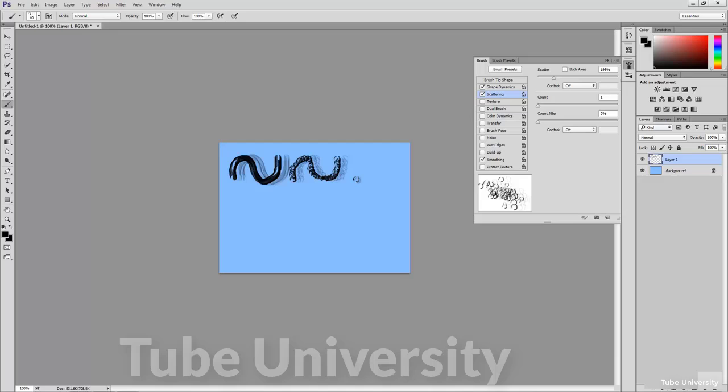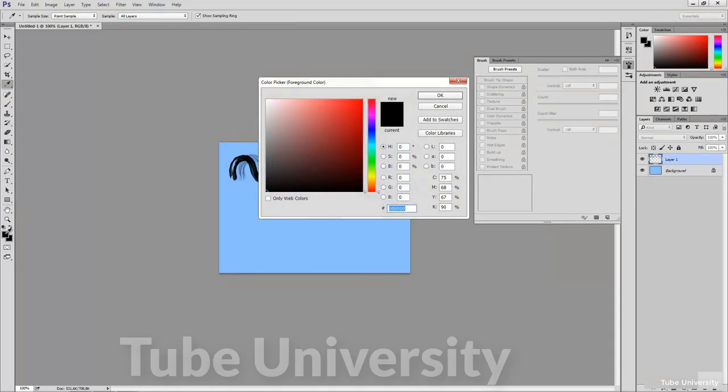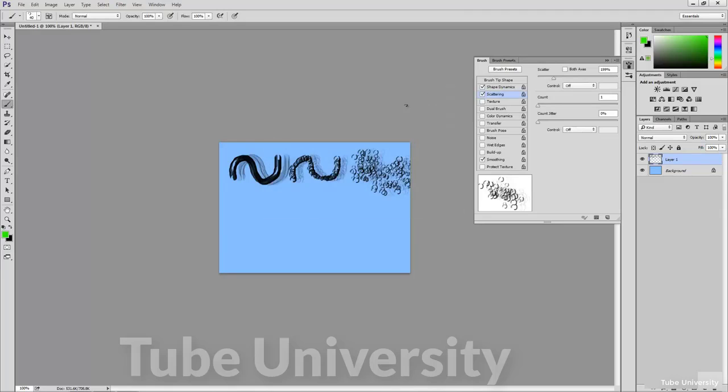Now as I brush in the canvas, the initial instance of my brush is being randomly sized and scattered away from my pointer. Finally, if we want to change the color of our brush, all we have to do is change the foreground color down here in the Tools panel. I'll go ahead and change my foreground color to a shade of green. Then I'll brush in the canvas again. You can see that through these options, we can customize some very complex and unique images to help create content